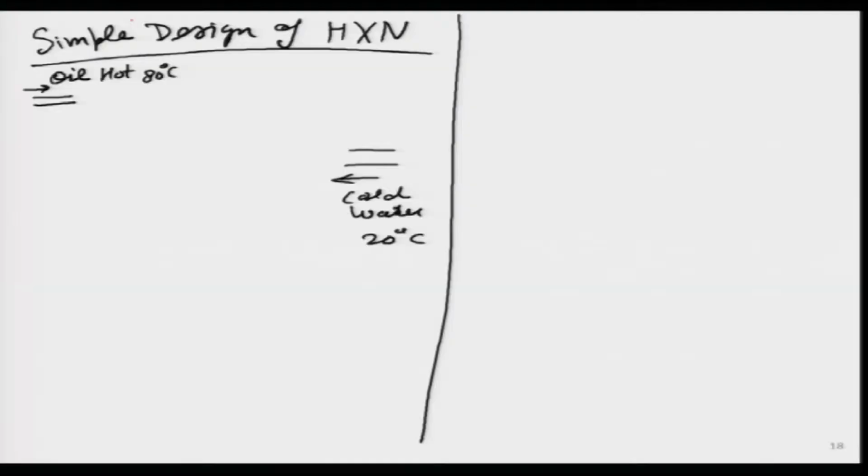So, there has to be some sort of physical barrier between these two fluids, but still we want the thermal interaction between the two fluids to take place, which means I want the hot oil to transfer some of its energy through heat to the cold fluid and vice versa. In order to do that, that is why I wrote this word simple over here. One of the simplest ways I can do that is to take a tube in tube arrangement.